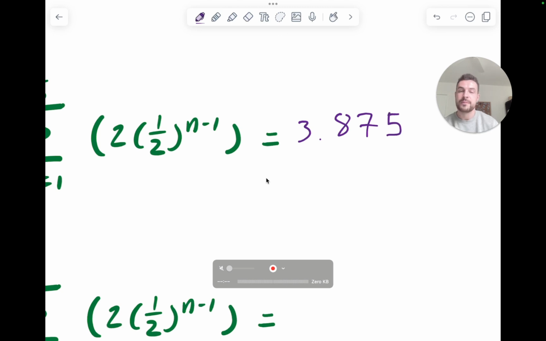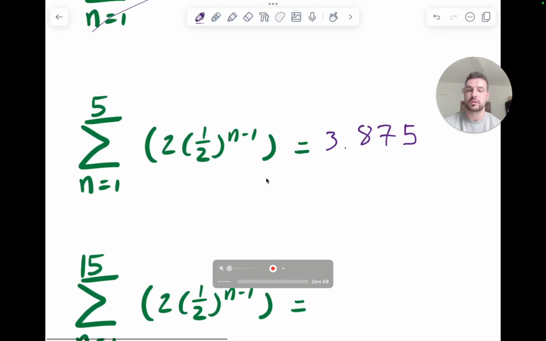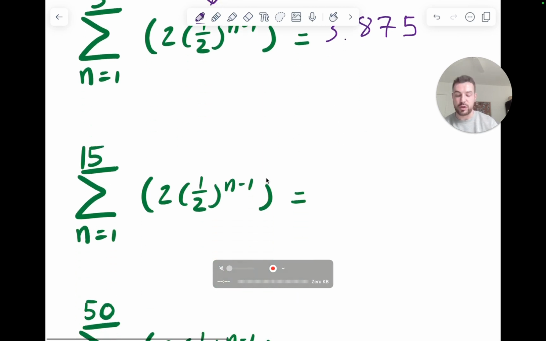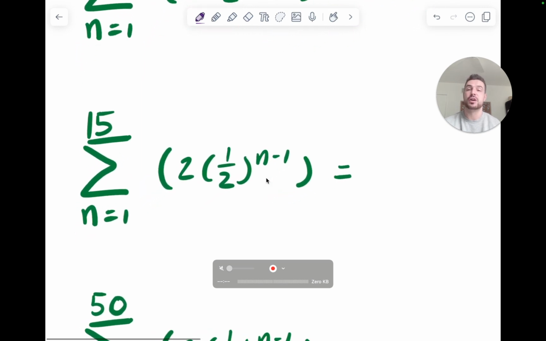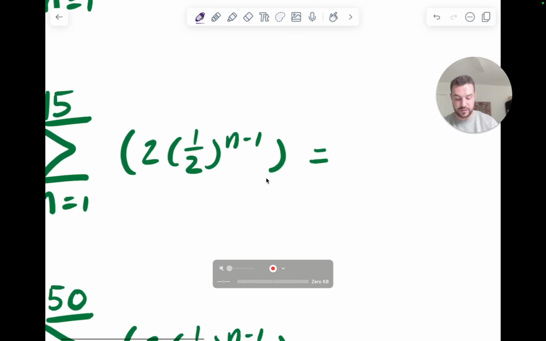3.875. So a pretty small total. The value of the series is not very large, but that's because our terms are getting cut in half, right? Because we have a ratio of 1/2 every time. So let's see what happens if we add 10 more terms. Now instead of adding the first 5, we're going to add the first 15. So our series is going to have a value of